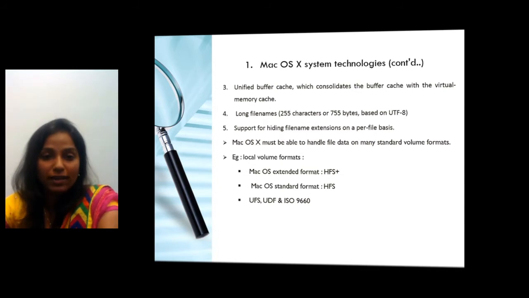And the long file names support for hiding file names and extensions on a per file basis. Mac OS X must be able to handle file data on many volume formats. The local volume formats of Mac OS X are the extended format, which is Hierarchical File System Plus, and the Mac OS standard format, which is Hierarchical File System. Along with that, it is also going to support some other extendable volume formats such as UFS, UDF, and ISO